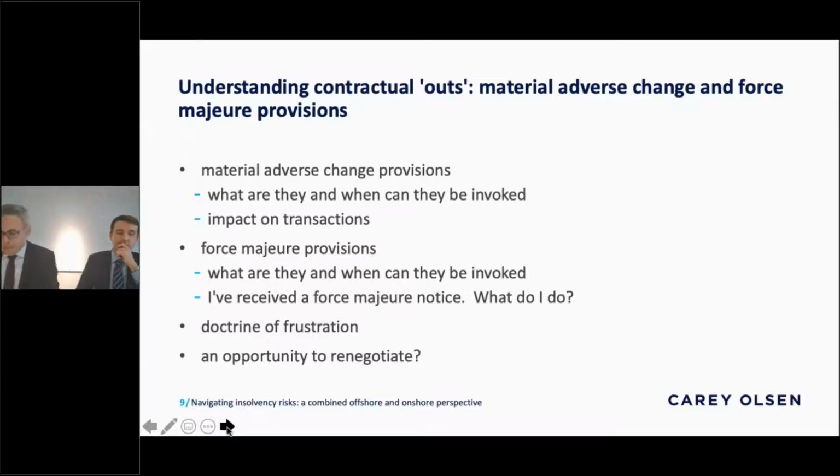So diving right in here, an area which has generated a lot of interest of late for us has been in relation to contractual mechanisms to delay or suspend performance of contracts or to terminate contracts entirely on the basis of deteriorating operating conditions or events outside of the control of contracting counterparties. So focusing firstly on material adverse change provisions, these are quite common provisions in agreements relating to general commercial acquisitions, SPAs, public and private M&A type transactions. They're also very common in financing documents and arrangements.